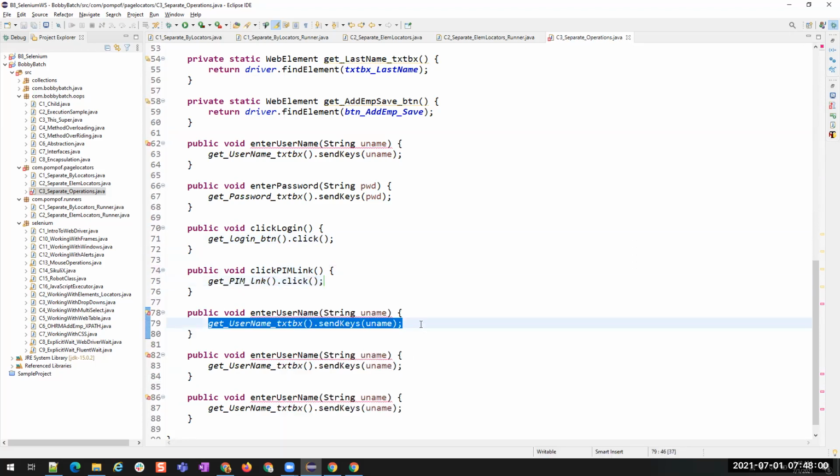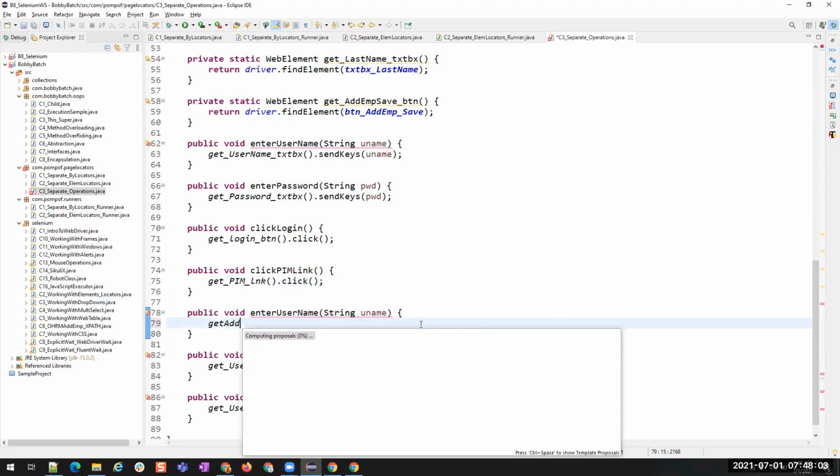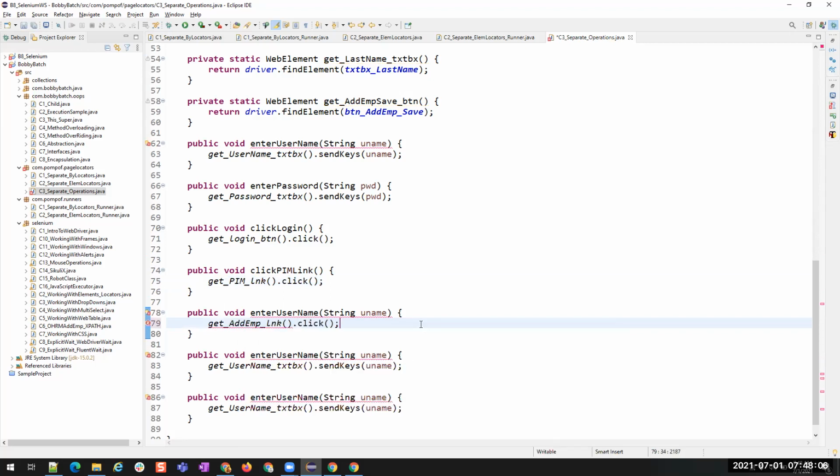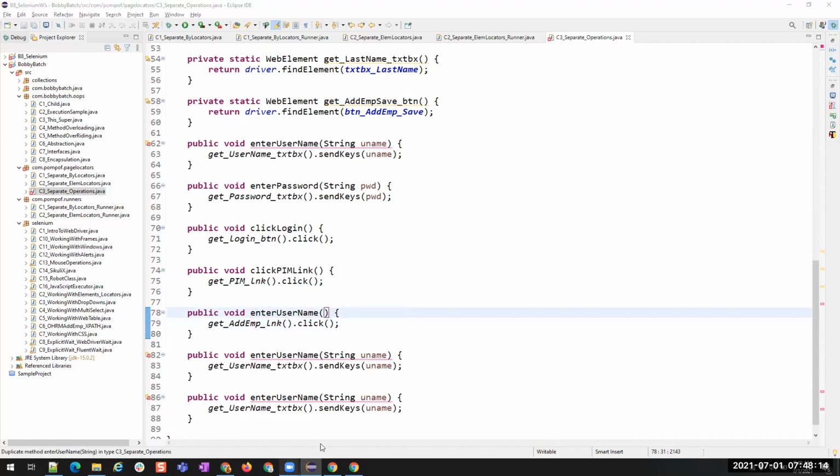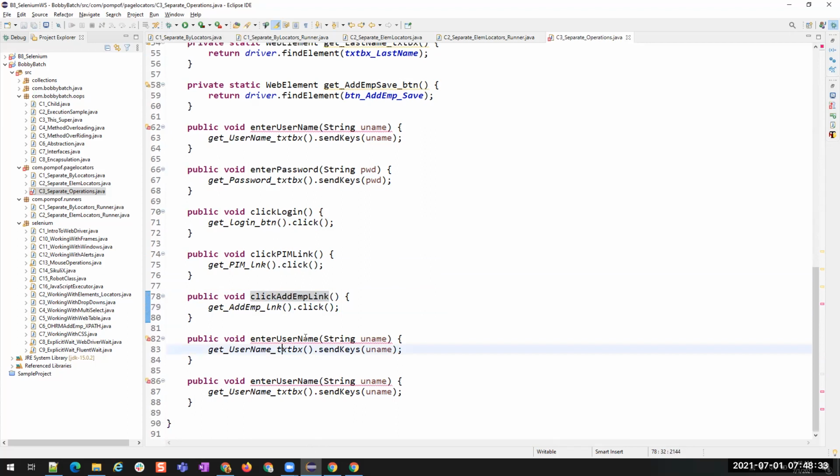And similarly for this, get add employee link dot click. And for this also, I don't need any parameter. Are you following me? Click add employee, and then this will be enter first name.